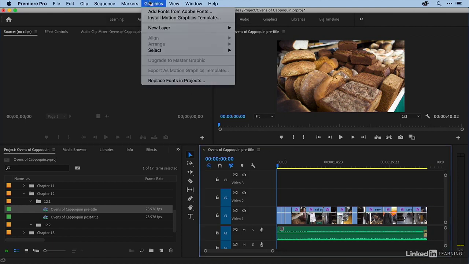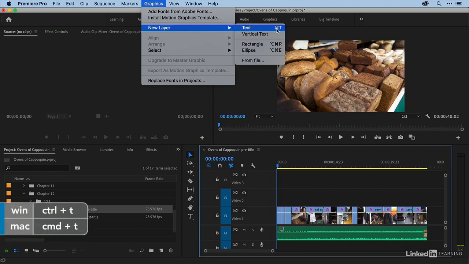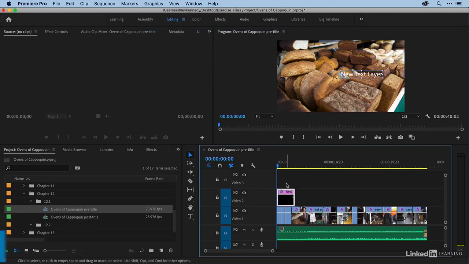And then I'll come up to Graphics, New Layer, and we'll just do a text layer. Look at the keyboard shortcut. It's Command-T or Control-T on a PC. So I have a text layer, and it was added to the first most available video track, which in our case is V2. And so I want to make sure that it's selected, and I'm going to come up to